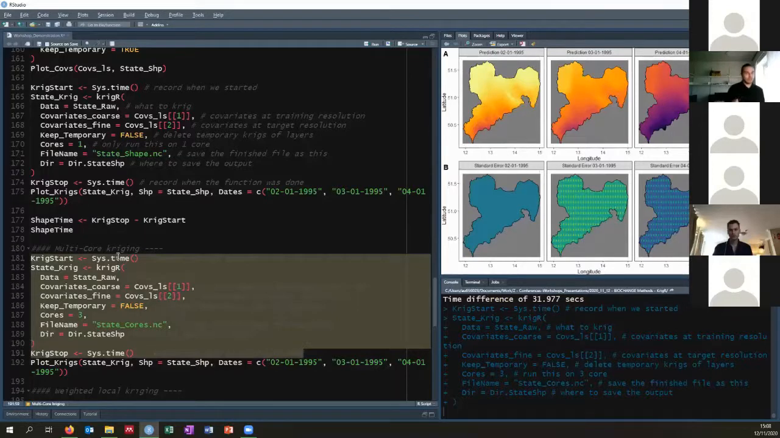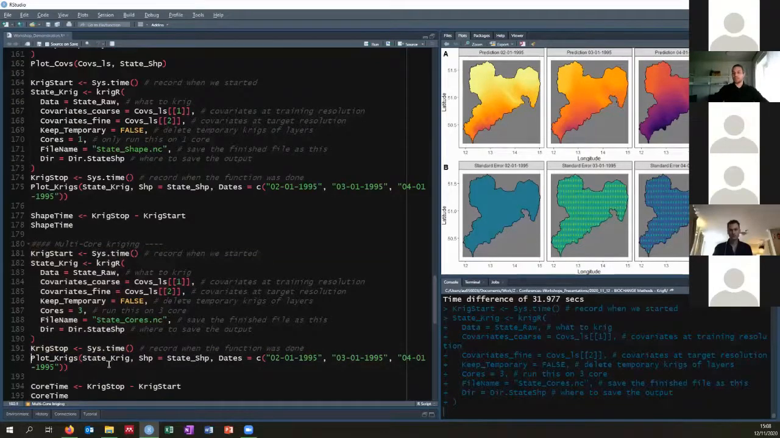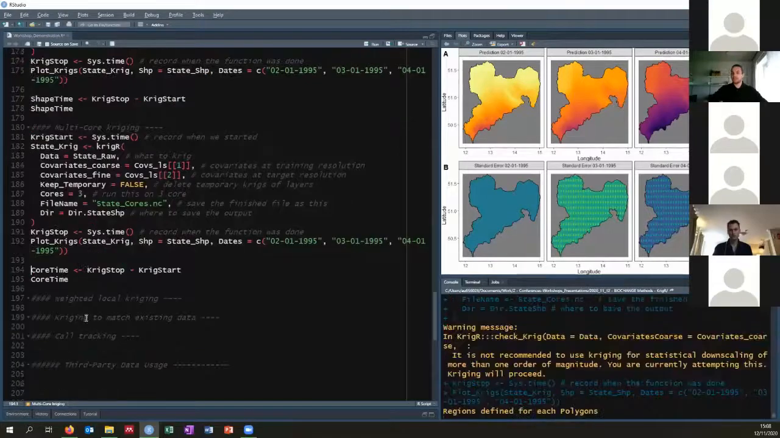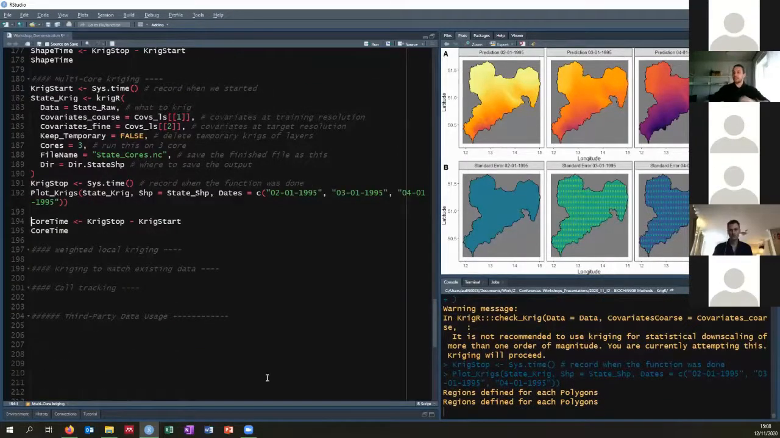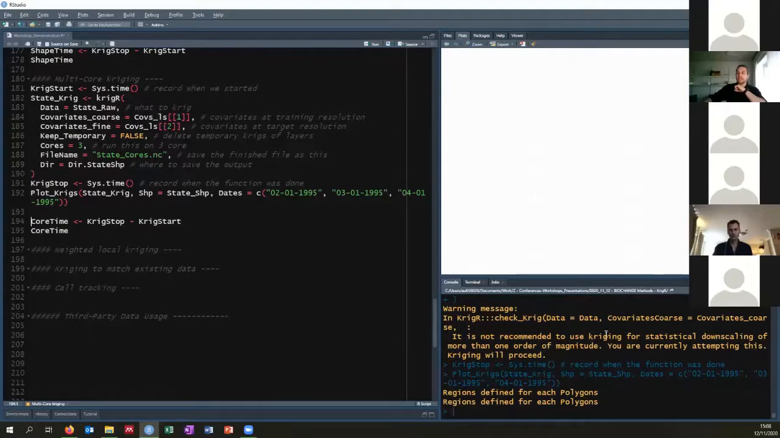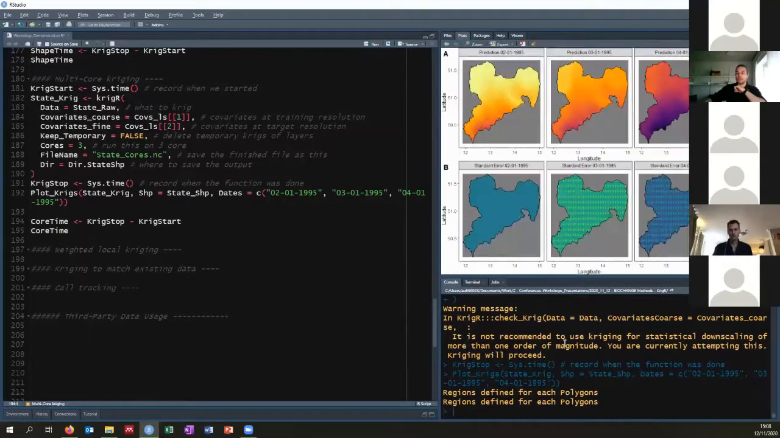Now, this will take a while, and we will quickly look at what happened here in just a second by looking at how long it takes to KrigR using separate cores. We also plot this stuff, of course, when it's done. You can see it was done, and we get this warning message, which we also got previously, which someone mentioned in the chat earlier, where it says it is not recommended to use KrigR for statistical downscaling of more than 1 order of magnitude. You are currently attempting this, which means, yes, we specified a resolution of 0.01, but because